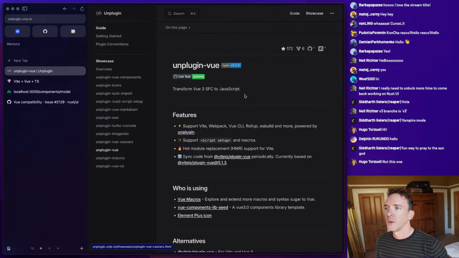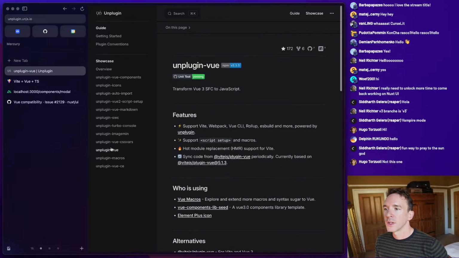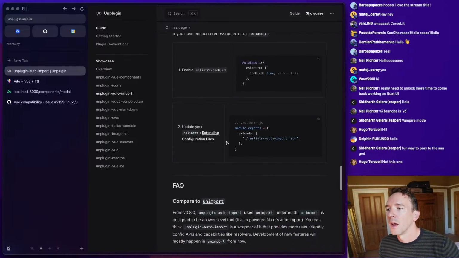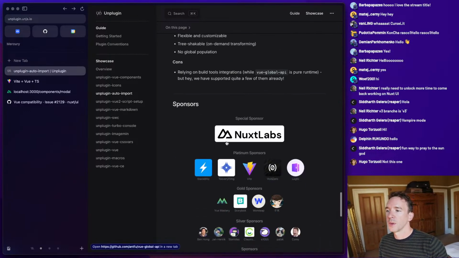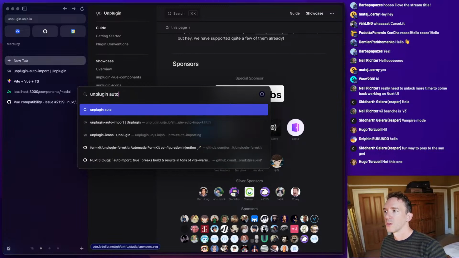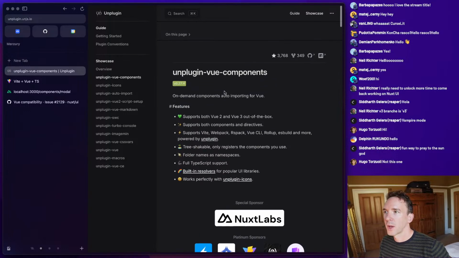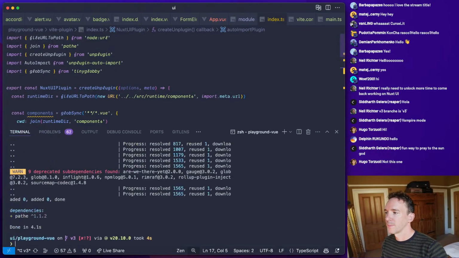Okay, so what is unplugin-vue? Cool. What is using unplugin-vue? Oh, cool. Right, we want unplugin-auto-import. Yes, okay, so we need this one as well.